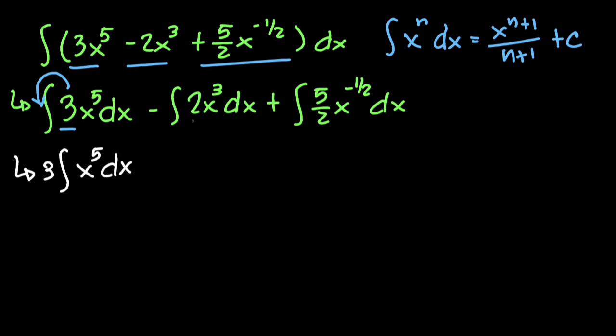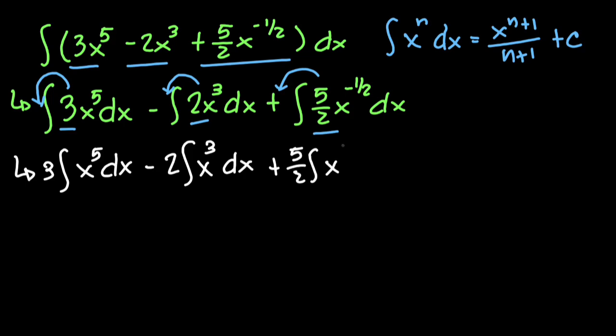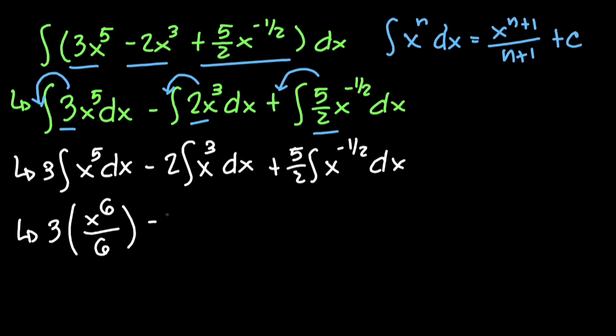And let's do the same on the other sides. So this would be minus 2 times the integral of x cubed dx plus 5 half the integral of x to the power of negative 1 half dx. Focus first on here. The integral of x to the power of 5 would be equal to x to the power of 6 over 6, minus the integral of x to the power of 3, which is x to the power of 4 over 4